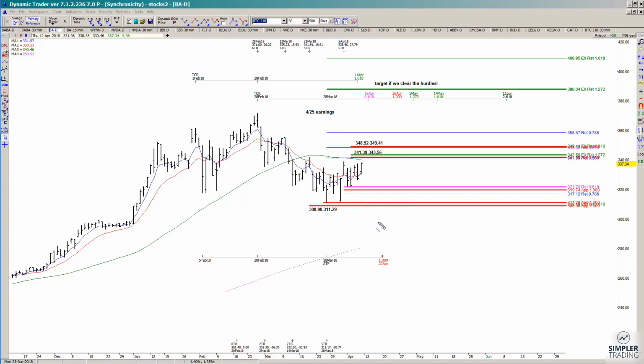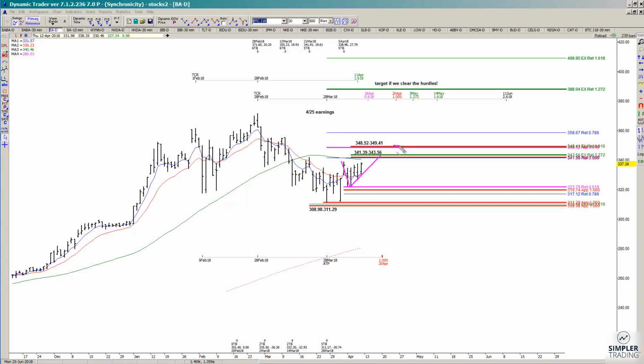Now typically when you take a trade against these zones, your initial stop is going to be either underneath the low made prior to your buy trigger in this case, or underneath the low end of the zone, which would have been under the 319 area. Your potential target is always going to be the 1272 extension of the swing into the zone, so taking that high to that low gives us a potential target of